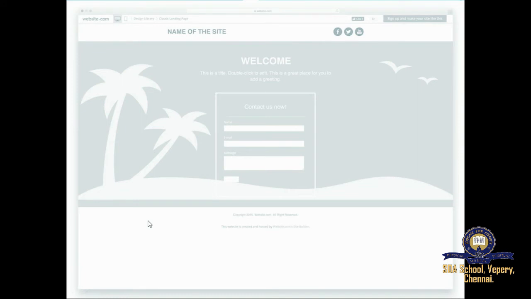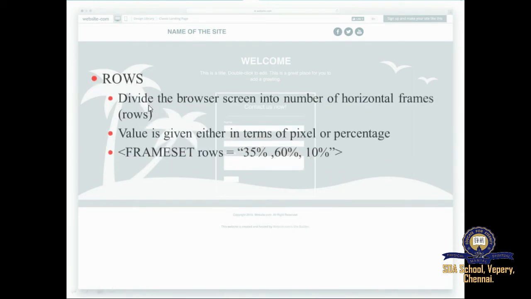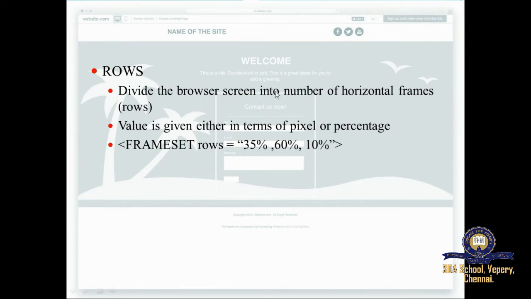Yes, your guess is correct. To divide the web page into horizontal frames, that is done using rows. Good. It divides the browser into a number of horizontal frames. We have seen vertical frames, and now we are going to divide into horizontal frames. Here also the values are given in terms of pixels or percentage.